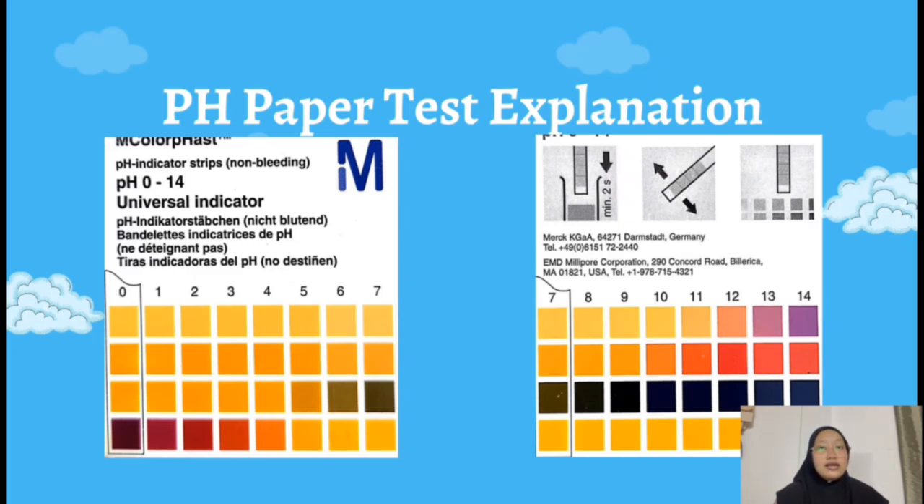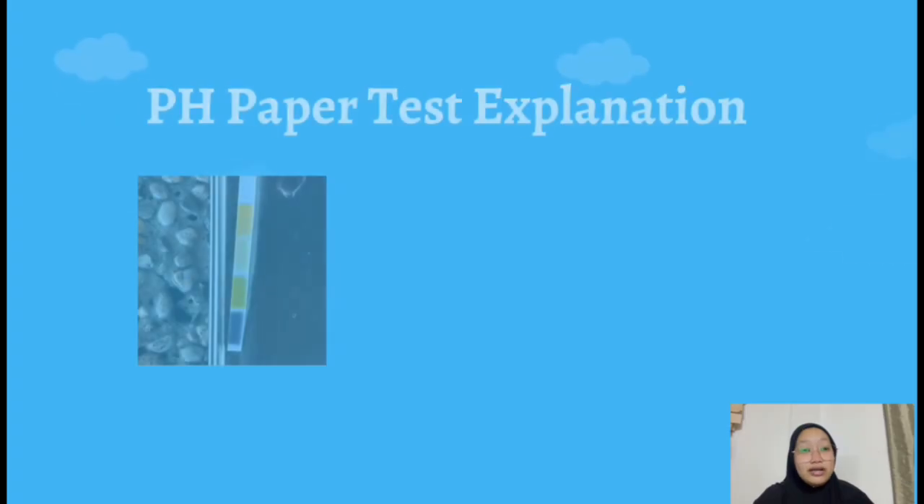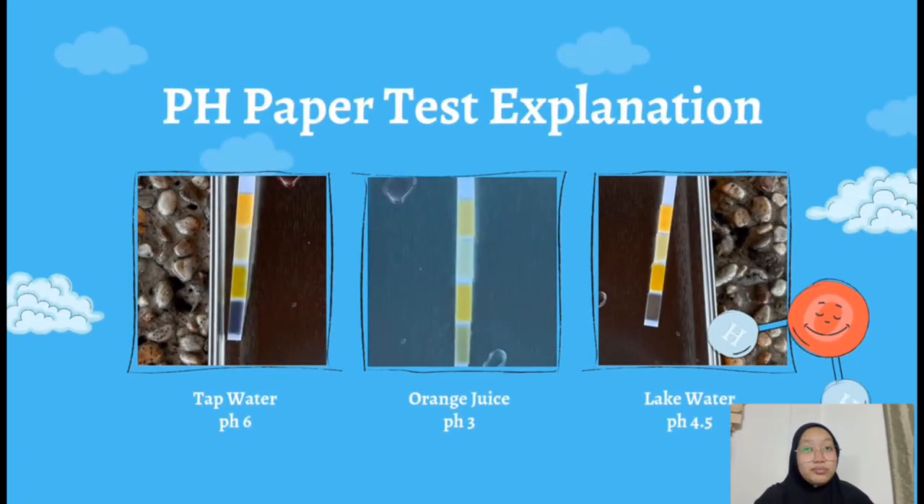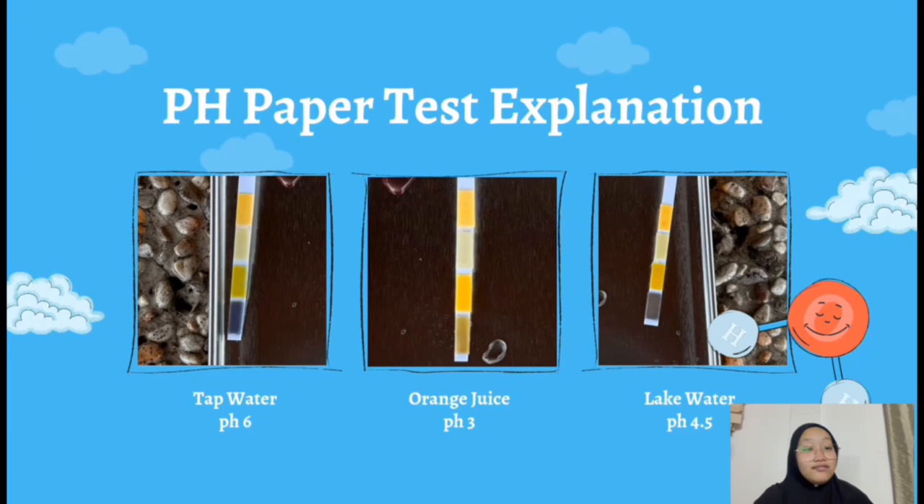Basically, between litmus paper and pH test paper, pH test paper is more detailed than litmus paper. This is the result that we get after we use the pH paper test on the different types of water that we use daily. For the tap water, orange juice, and lake water, for the pH level, before we confirm